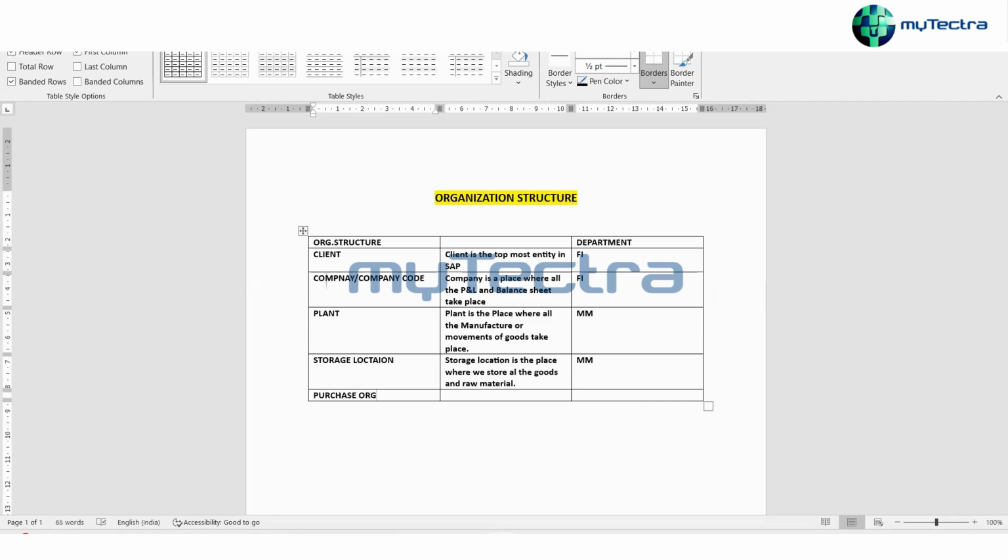Then we have the purchase organization. Purchase organization is responsible for all the procurement activities, buying and negotiating.